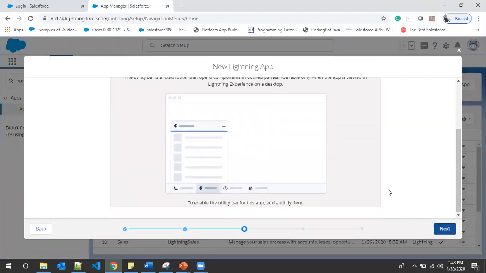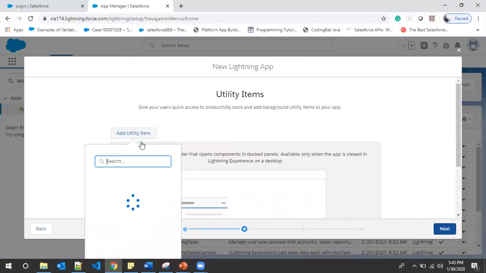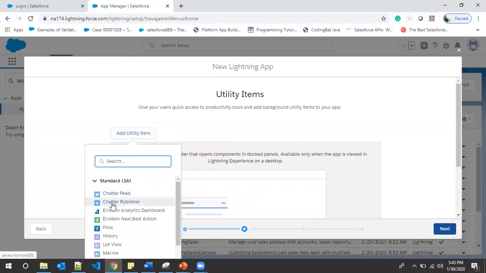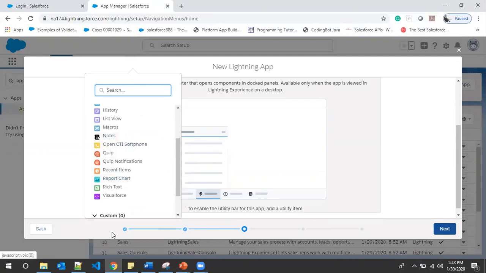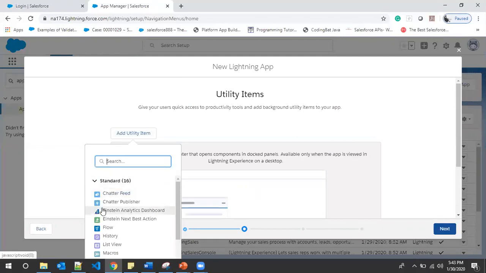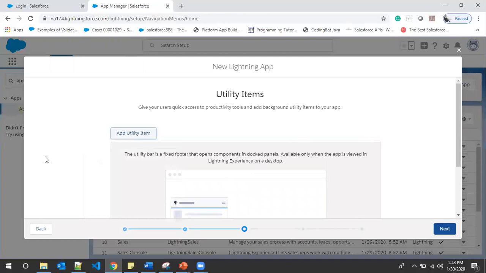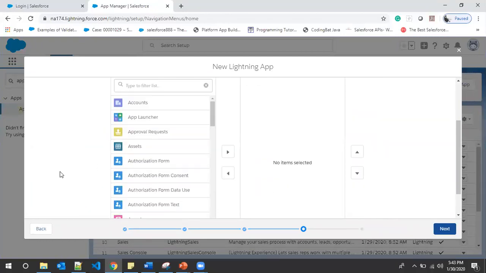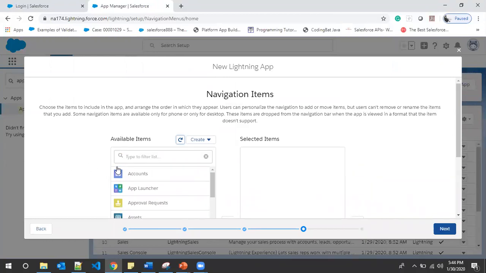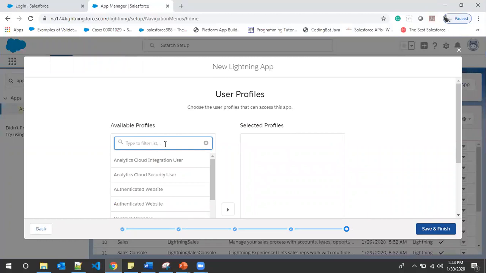Then next, if we want to add any utility items, click on add utility items. These are all items available here. You want to add notes here, you want to add any visualforce page, or so many options. Currently we don't need any utility items, so we will leave it as default. Then available items, currently we have not created anything, so as of now we will leave it as is. We click on next, and as of now we have not created any profiles, so by default these profiles